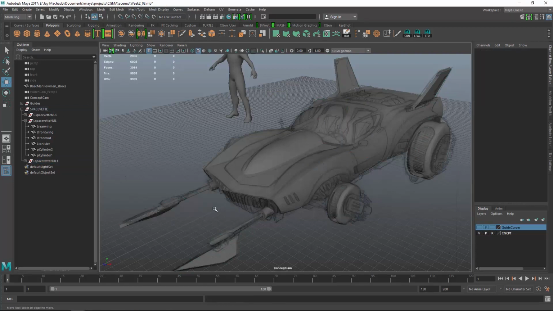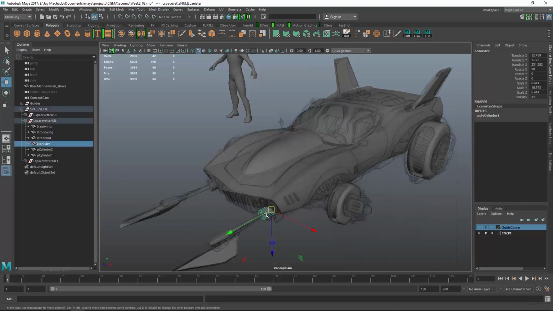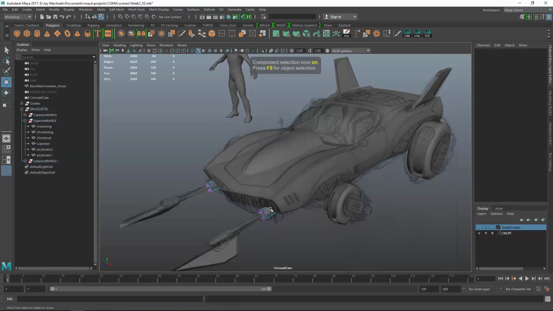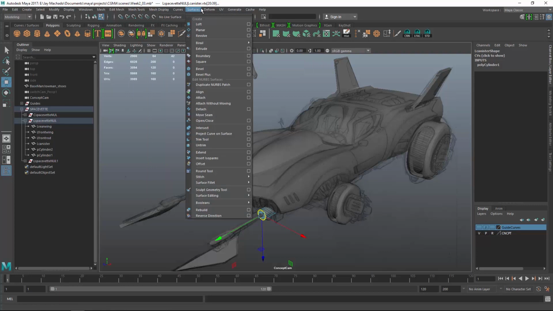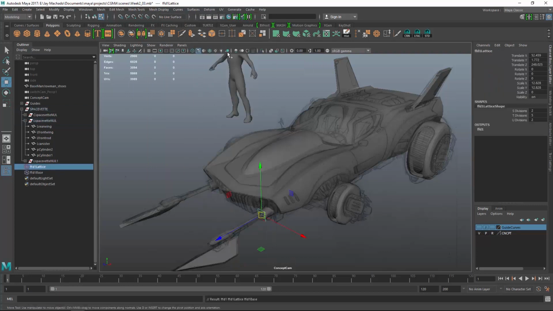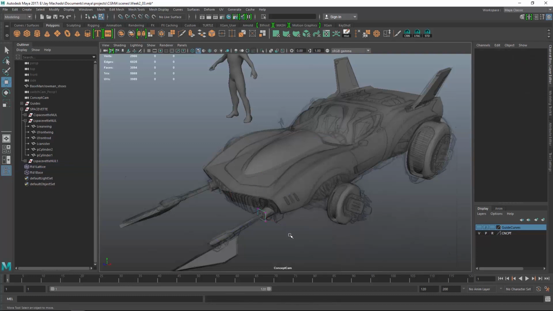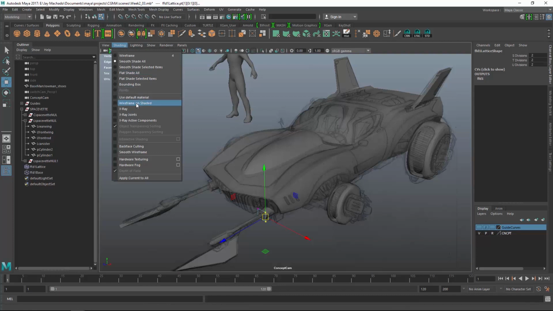And one of the things I noticed was this, let me turn the grid off. This line here in the art is kind of flat, it's not round, so that would indicate to me that this front of the shape here is at an angle. So I'm just going to throw a quick lattice on here and change this to 2, and let's do the lattice point. I can't quite see, so I'm going to turn wireframe on shaded on,